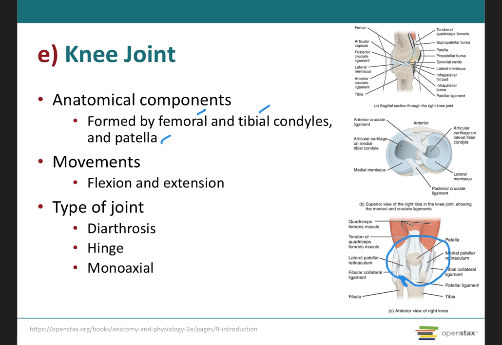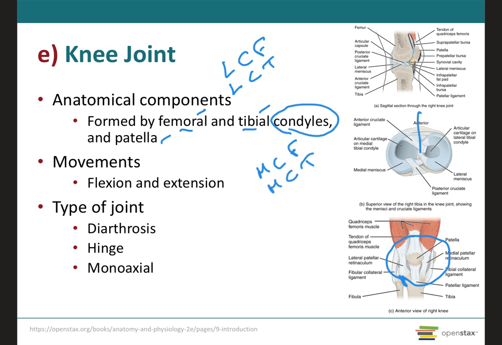With regards to bone features, these are actually a little bit simple because the condyles, which are the smooth, round, articulating surfaces of not only the femur but the tibia, will articulate with each other. So the lateral condyle of the femur will articulate with the lateral condyle of the tibia. The medial condyle of the femur will articulate with the medial condyle of the tibia. That makes sense, right? So this would be your medial side over here, and this is the tibia. Therefore, this would be your medial condyle, this would be your lateral condyle, and the femur sits right on top